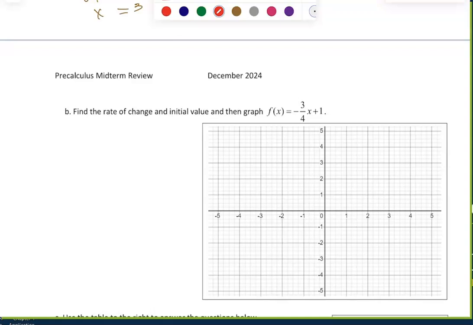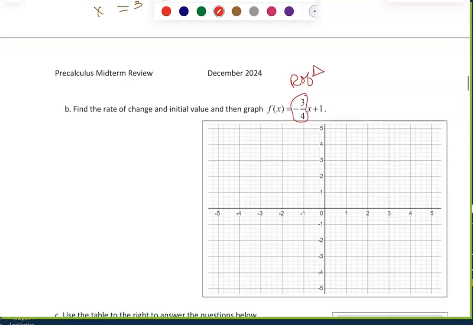Okay, find the rate of change and the initial value and then graph. So this right here, including my negative, is the rate of change. My triangle means change. Here is the initial value. It's your y-intercept. Okay, so let's plot that point. Here's my initial value. Then if I go up 3, 1, 2, 3, and left 4, 1, 2, 3, 4,